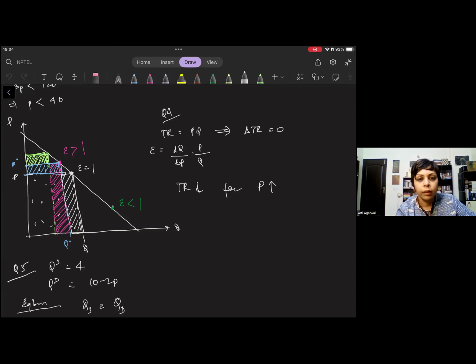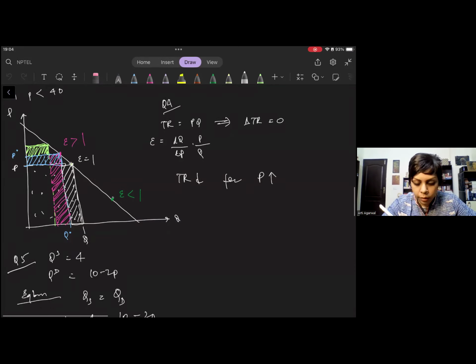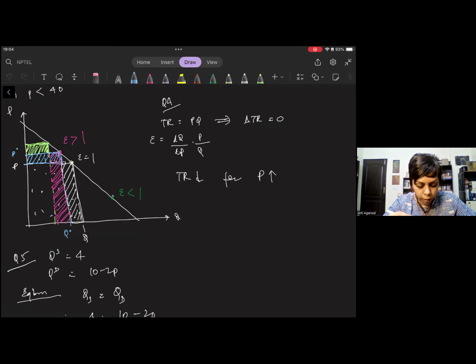But otherwise, when the price is increasing, the total revenue will decrease if your epsilon is greater than 1. And if epsilon is less than 1, let's add, there's already too much on the diagram. But here, if you see the price is decreasing, say suppose here,